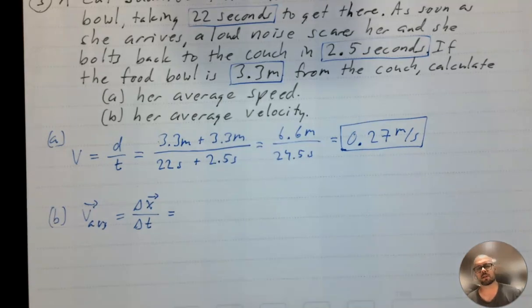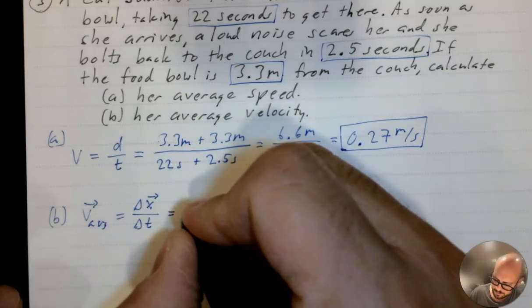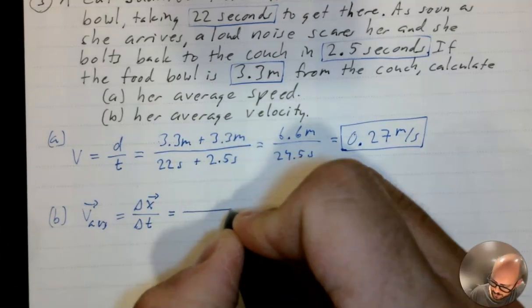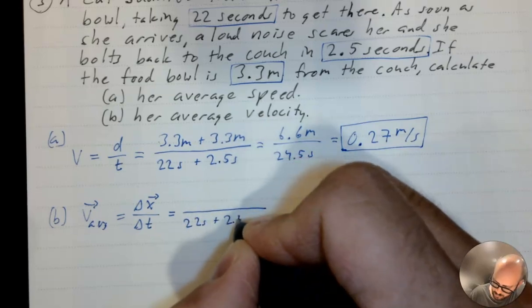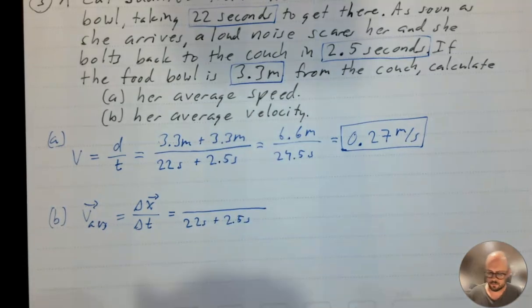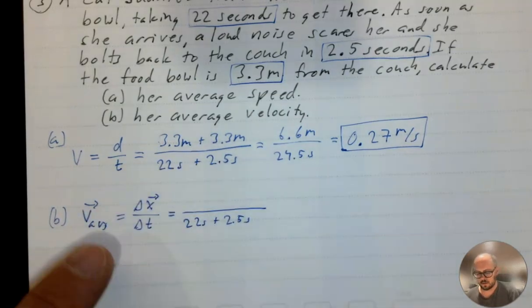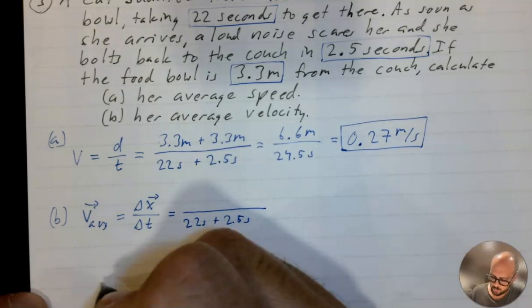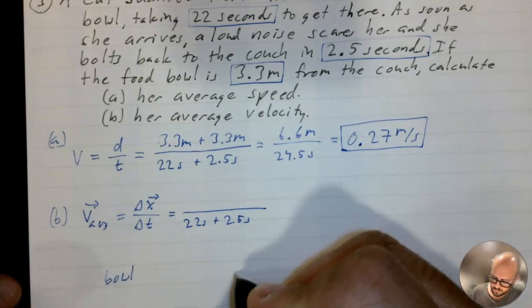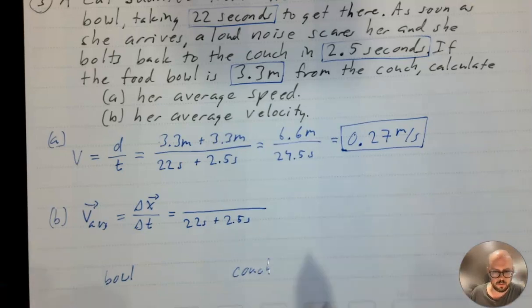Okay, so I'm going to set this up, but if you've been following along, you might see the trick here. The displacement I'm going to do in a minute, but the time is the same. So 22 seconds and 2.5 seconds. That's the total time elapsed. Now displacement is final position minus initial position. So maybe you can make a map in your head, or maybe you actually want to write this down. But if we map out the bowl and the couch,